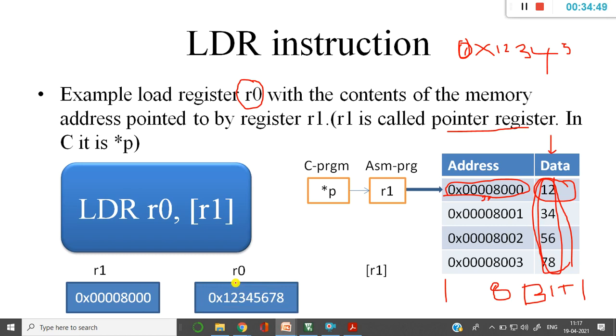Now what is this? R1 in the bracket is nothing but the content of R1. R1 consists of what? 8000. When I say content, it is nothing but the data that is present at that address in R1. I hope this particular concept got clear with respect to load instructions. And this is how